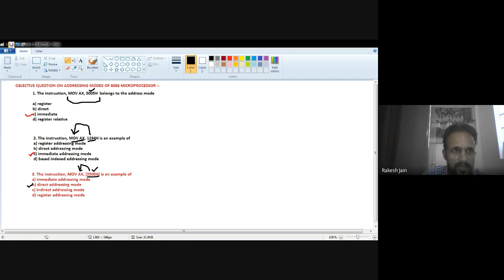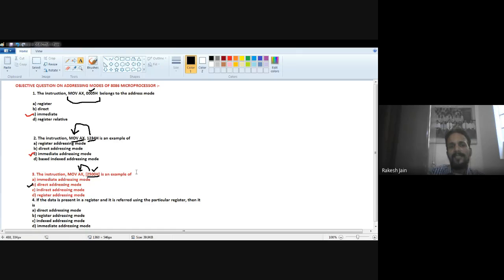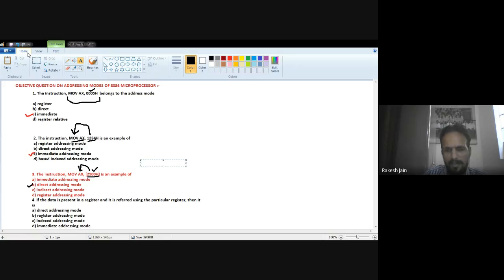Now let's see the next question. If the data is present in a register, and it is referred to using the particular register, then which kind of addressing mode is this one?